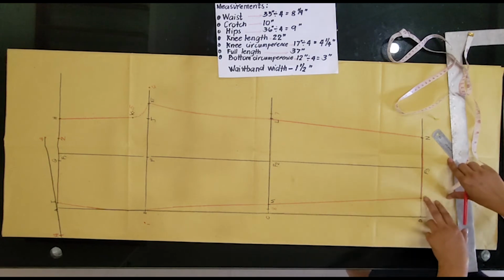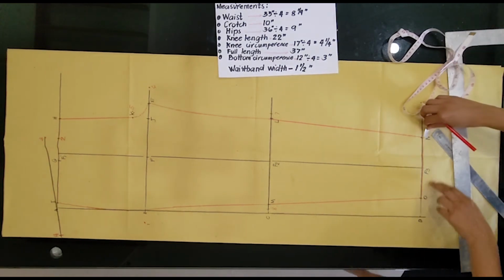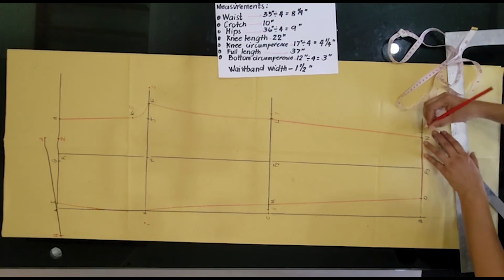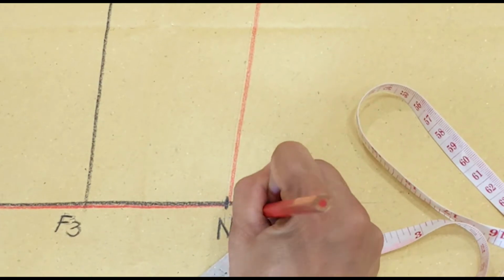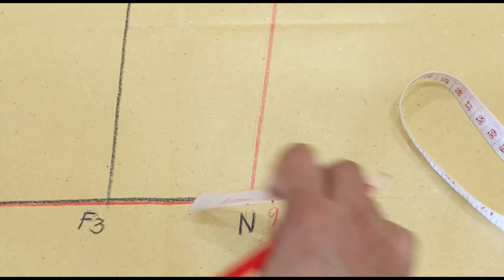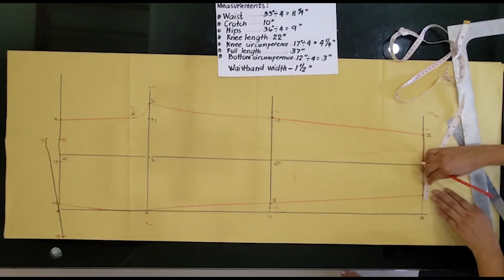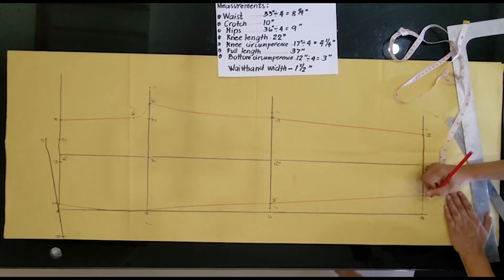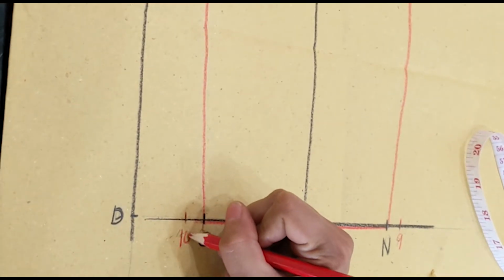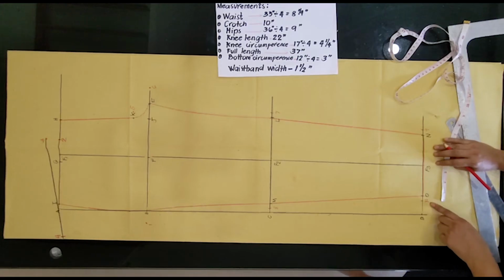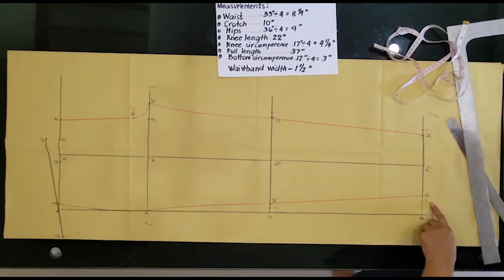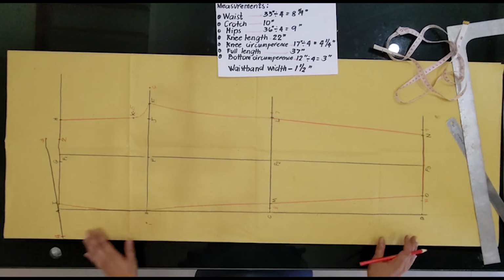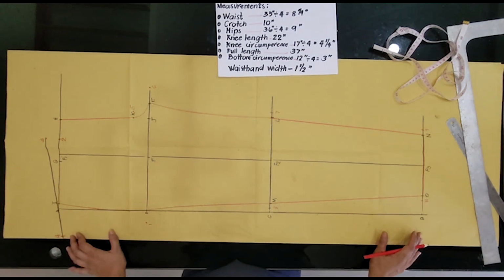Okay, for the bottom part, we have to move here going outside 1/2 inch, and this would be point 9. And then here in point O, we have to move also 1/2 inch going outside, and this would be point 10. Okay, so right after having all of these points, we have to connect for our back